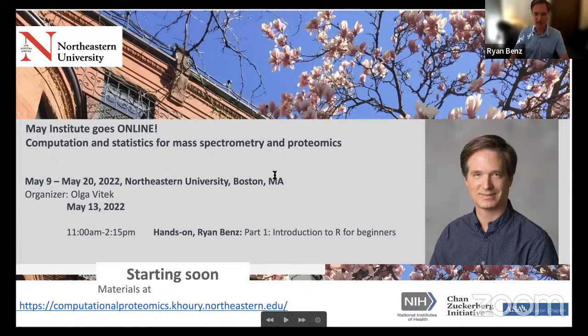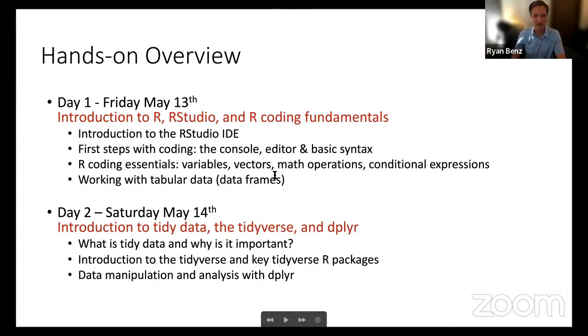So let me go to the next slide and give you an overview of what we are going to try to accomplish. This is split up over 2 days. As you know, we're going to do about 3 hours each day. Today, we're going to talk about really the fundamentals. We're going to talk about R as a programming language, and a really important program called RStudio. This is going to allow us to write our code, execute our code, and work with R. We're going to go into some of the fundamentals about R as a programming language itself. So we're going to learn about some of the syntax, and